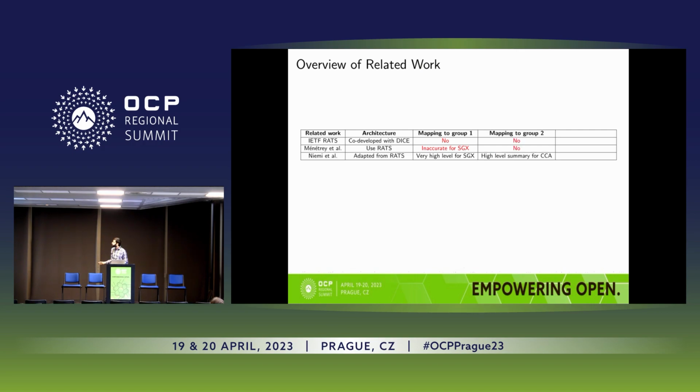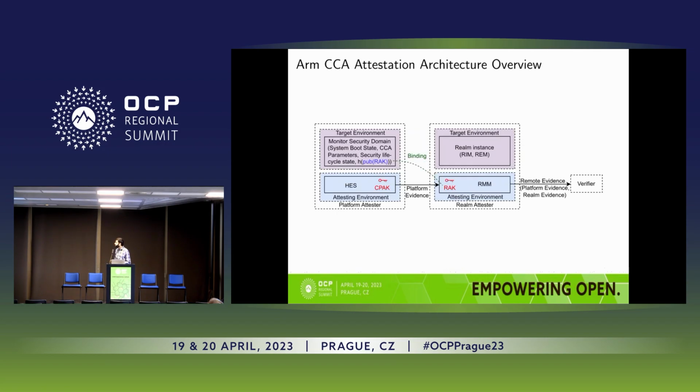In the second group, which was modifiable architectures, where you can build products on the basis of those architectures, ARM and RISC-V, in that category there is only this work which describes a high-level summary for ARM CCA. And finally, in the group of the frameworks, there is no existing work at all which presents a mapping to the architecture. So here is our novel contribution for the frameworks. Okay, so what does a mapping look like?